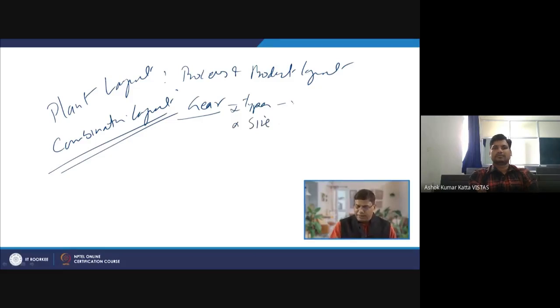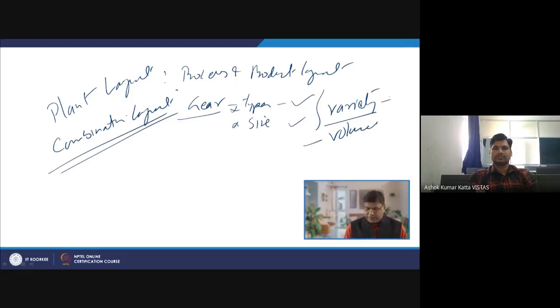So the variety of gears and different sizes are to be manufactured in one company. Here we have intermediate volume and variety. To deal with this kind of requirement, organizations come up with the combined